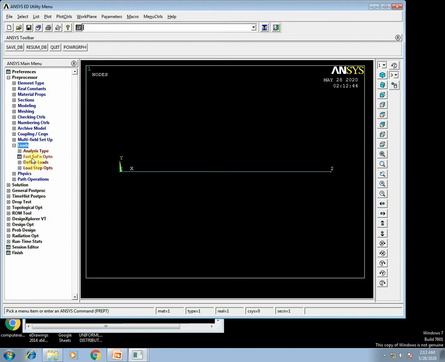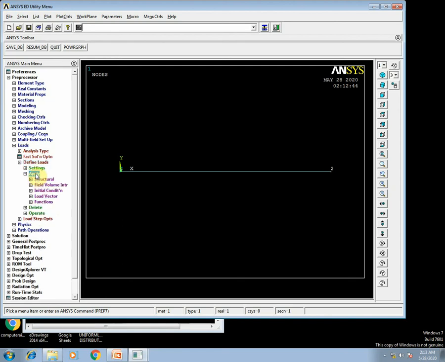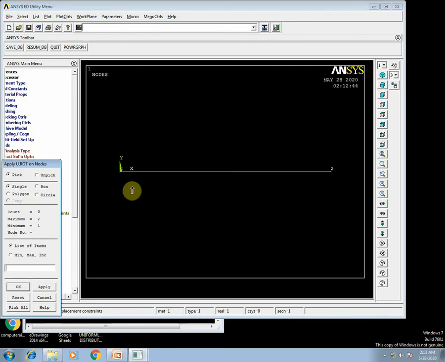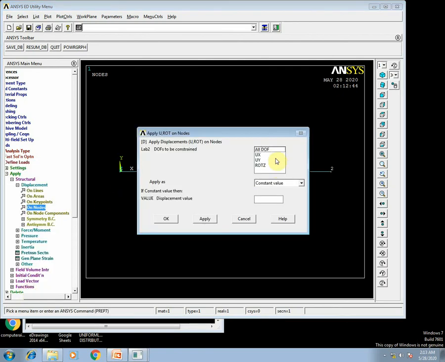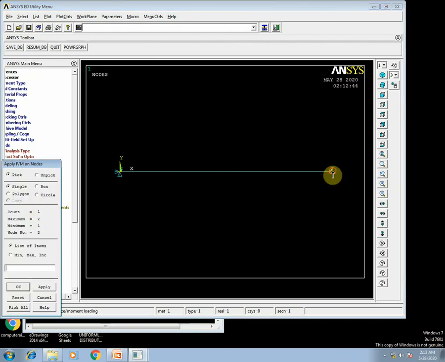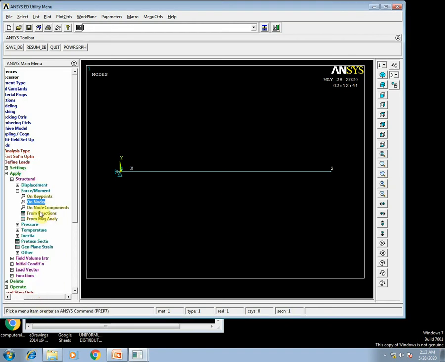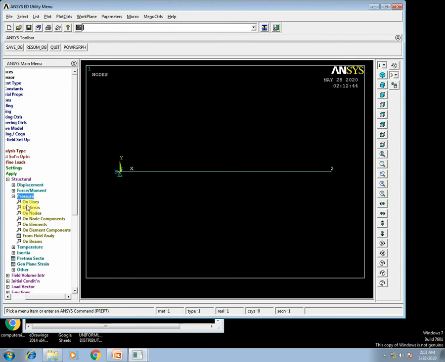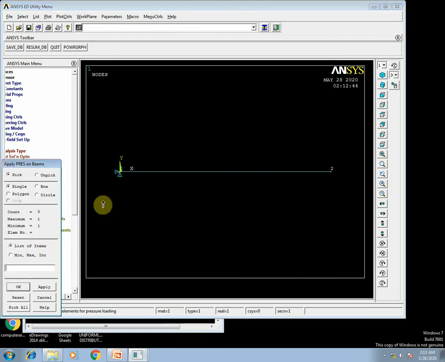Applying load: define loads, apply, structural, displacement on nodes, click on the node, all DOF. Okay. Force and moment on node, click on node, sorry, cancel. It's a uniformly distributed load, so you have to take pressure on beam, click beam element 1.